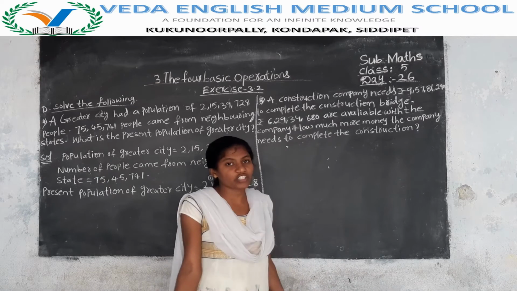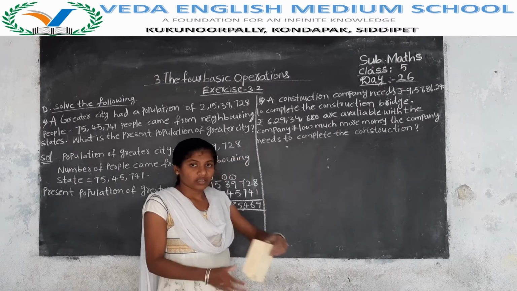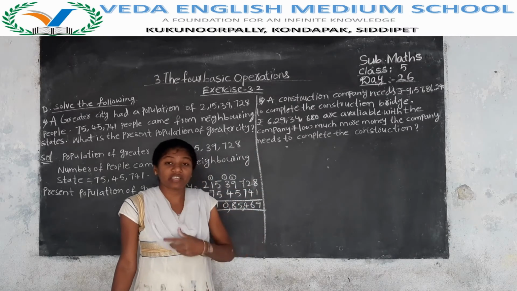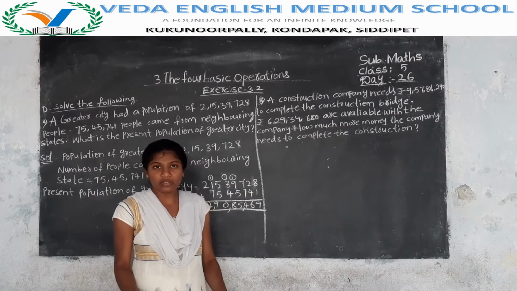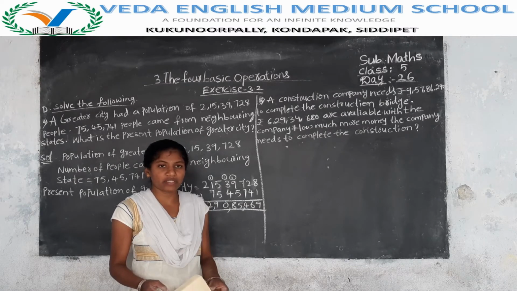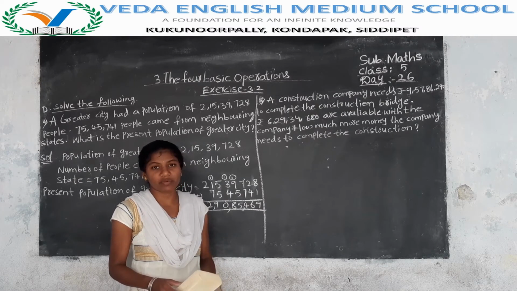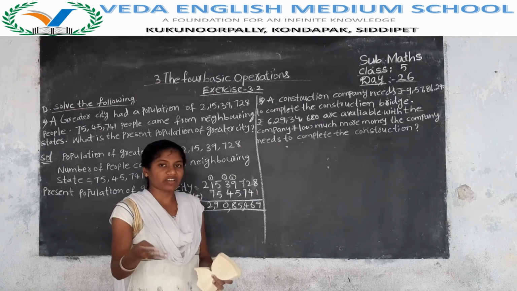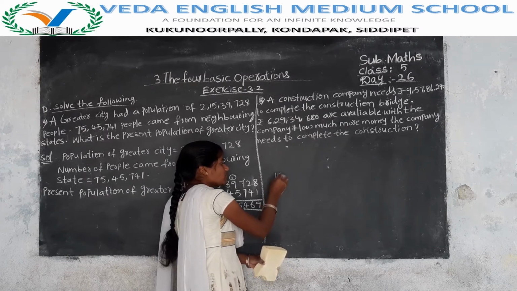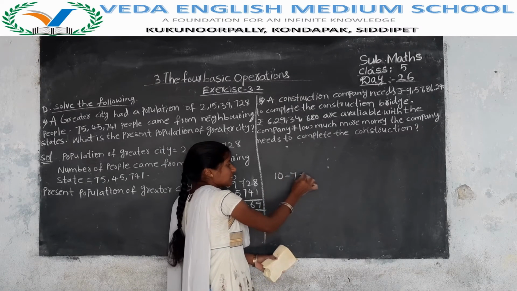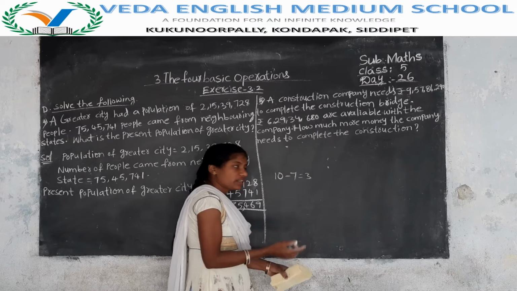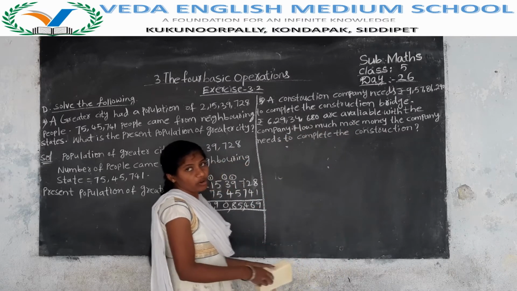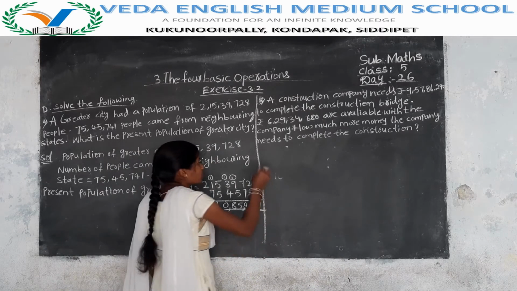Then what you have to do, addition or subtraction? Now see, you need 10 rupees. You have 7 rupees. How many more rupees do you need to fulfill the 10 rupees? More 3 rupees. How are you saying it? From the total you are subtracting 7. 10 minus 7 gives 3, so you need 3 more rupees. In the same way, from this total money we have to subtract this money, then we will get how much money we need. Now the solution.